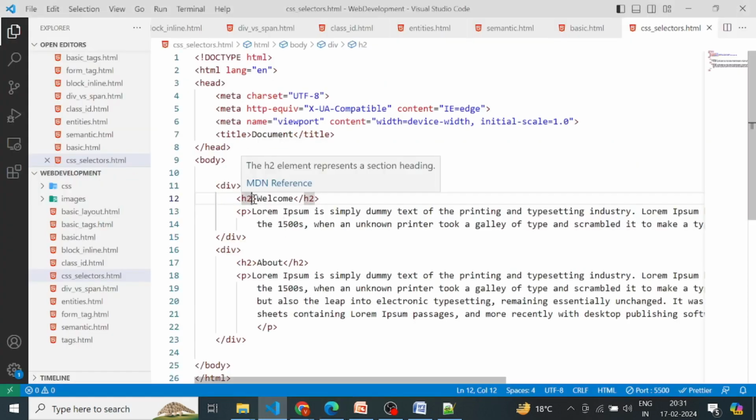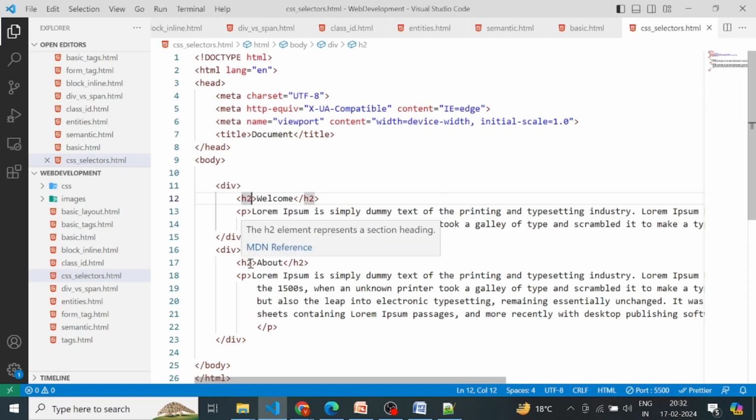So to change the text color of this h2 tag, what we can do, either we can define our CSS by the tag name, h2, but in this page we have two h2 tags, so the same style will apply to both h2 tags. Okay, so we don't want this, we want to change the color of this welcome text only. Okay, so there is one way, either we can define the ID or the class. Okay, so let's define the class